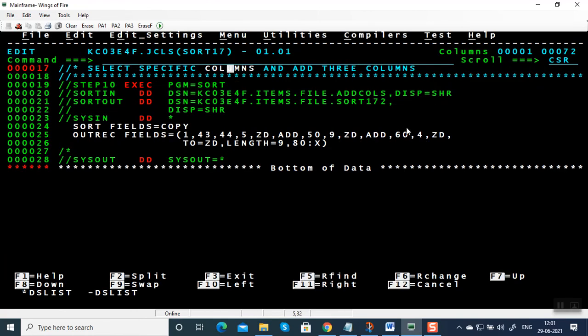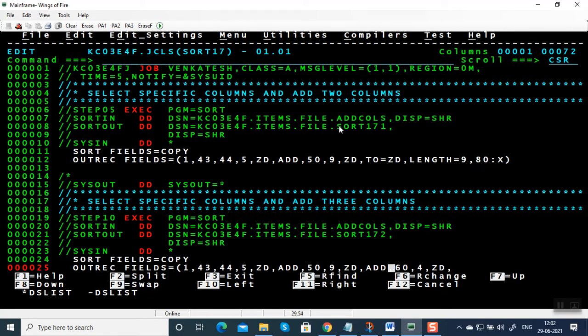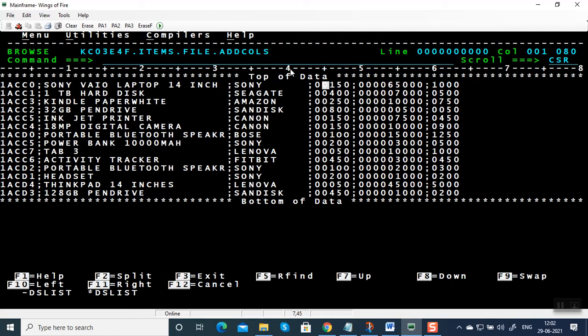We can compare or add or subtract more than one column. Even you can give subtract here. In that case, it will be adding these two numeric columns, and the resultant value will be subtracted against this column. First, let us give add and submit and see. In the first output, we'll be having an addition of these two numeric columns. The second output, adding three numeric columns. Let me submit. Max is 0. It's very quick.